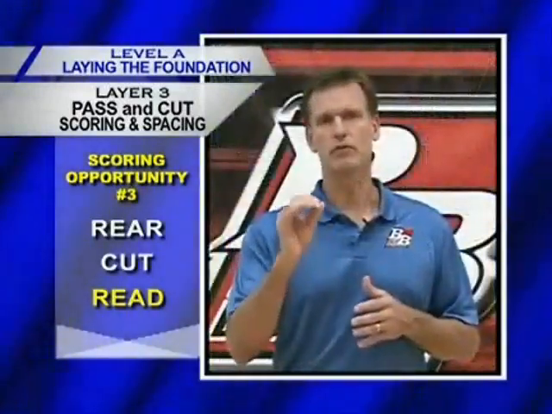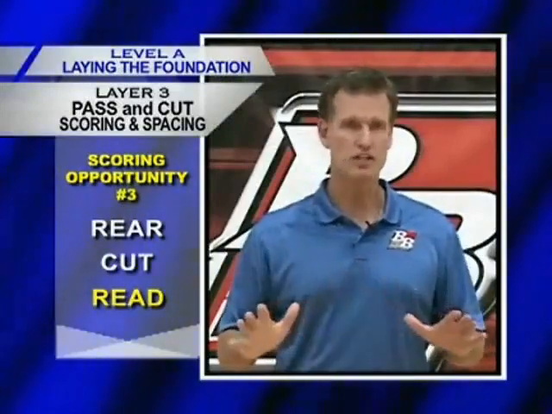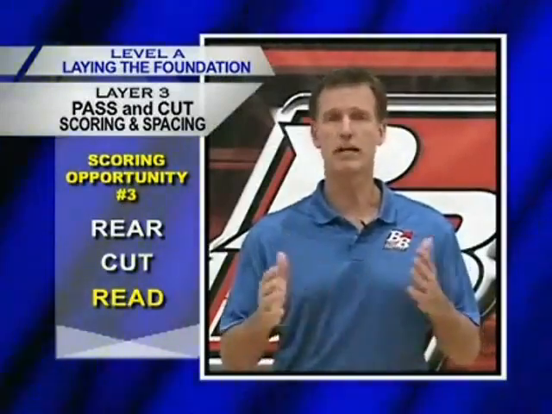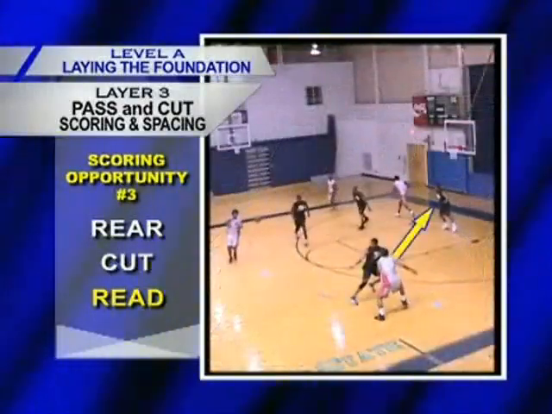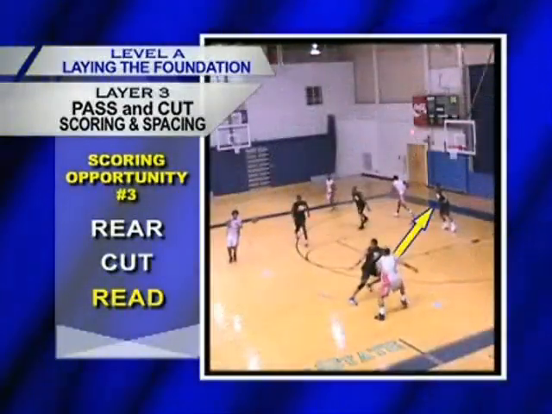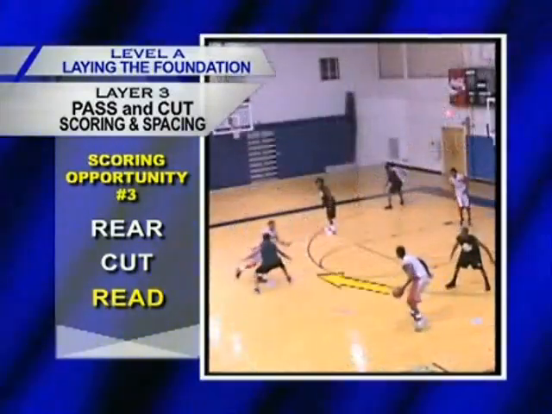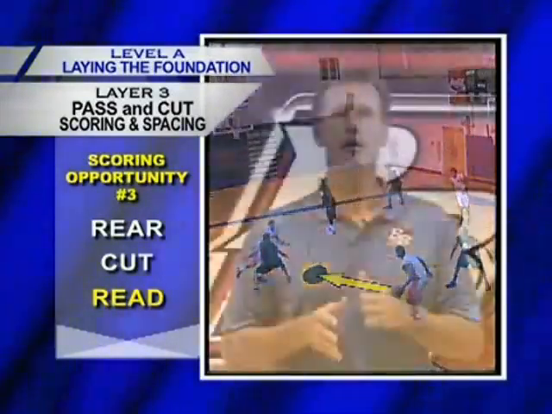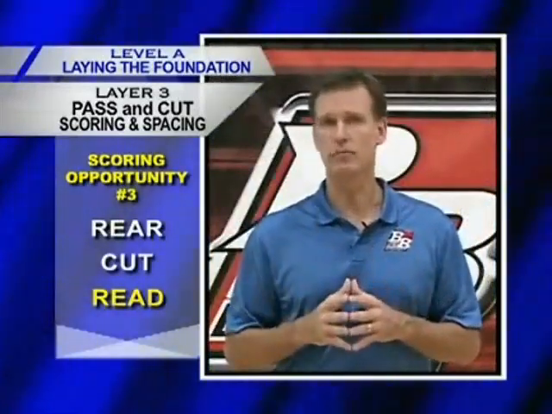Here's an example of using the defender's habits to your advantage. There's no need to jab step, V-cut, or make any contact. The defender has stepped out of your way, so take what he gave you and go straight for the basket. I emphasize making the pass right off the back foot of the defender. This gives the cutter the ball as soon as possible